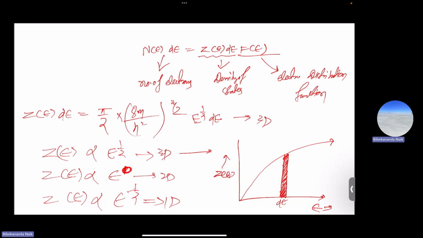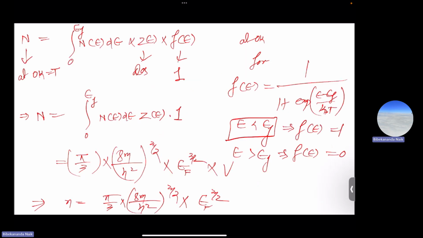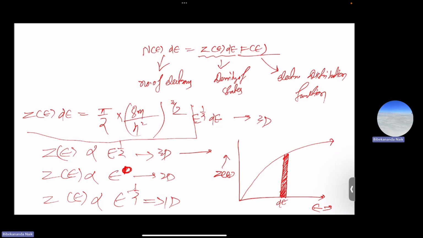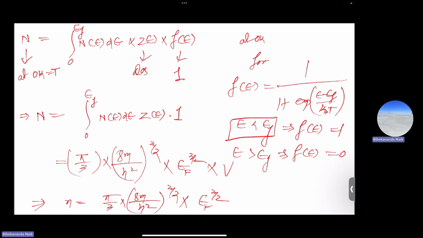Jd is the density of state, Fe is the electron distribution function, and N is the total number of electrons. So Jd is the distribution function. So it depends upon the energy, and the relation is Jd proportional to E to the power half. So the curve will be something like this, since this is the curve of x to the power half. If you calculate at absolute zero, you see if E is less than EF, so this is